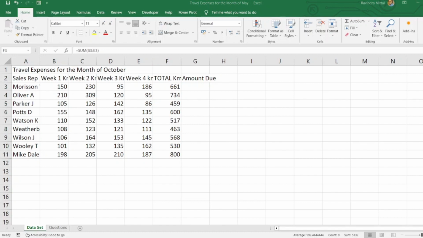Now you can see the total distance traveled by each sales representative, considering from week 1 to week 4. Next, we have to calculate the amount due to each sales representative based on the distance traveled. We'll use another formula